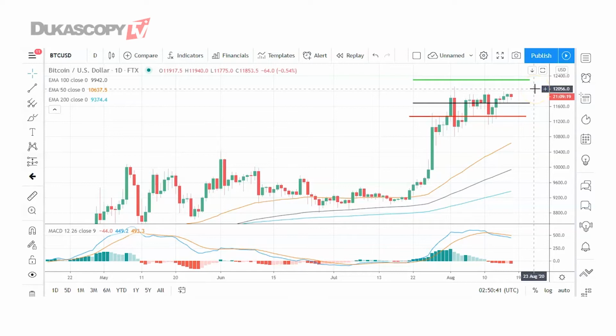So barring extended rally through the week, that first major resistance level should cap any upside. In the event of a breakout, we've got the second major resistance level at 12,663 into play. That would then bring 13,000 levels into play. A pull through the pivot level would bring the first major support level sitting at 11,334 into play. Barring an extended sell-off, we should see Bitcoin avoid sub 11,000 levels and the second major support level sitting at 10,751. Looking at the MACD, we're seeing a widening of the bearish histograms, suggestive of an early pullback through the